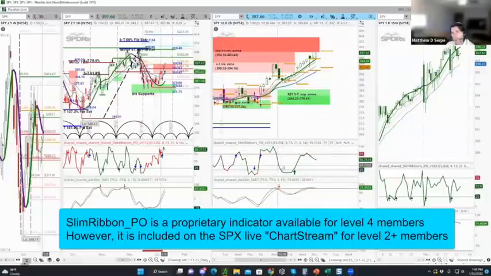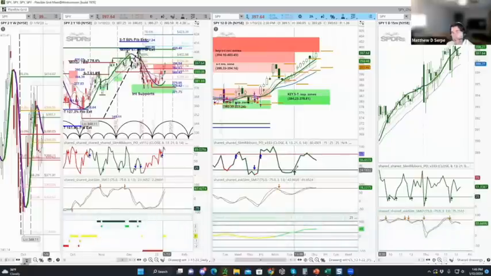So the slim ribbon PO goes into the oversold. Then what we're watching for is how deep is the decline. Typically, if it stays shallow and we're already in a positive condition, the arrow lets you know that we've come out of the oversold condition and now we're moving back into the more dominant, bullish condition,